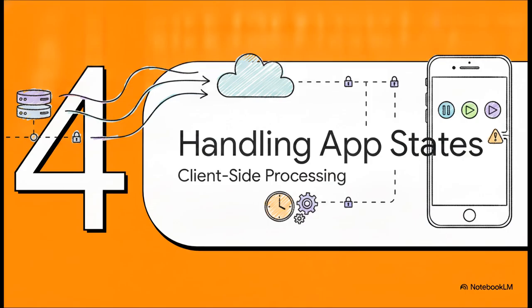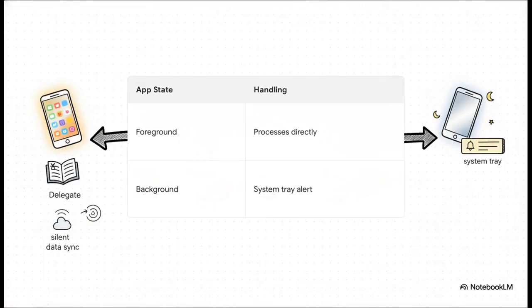Let's move to Section 4, handling iOS app states. We are transitioning to the client side now to see what happens the second Apple pushes that data down to the device. What's really fascinating here is how iOS branches its behavior based entirely on whether the app is awake or asleep. If the app happens to be in the foreground, the push notification goes directly to the UNUserNotificationCenter delegate. The app can process the payload silently without necessarily showing a lock screen alert, which lets it